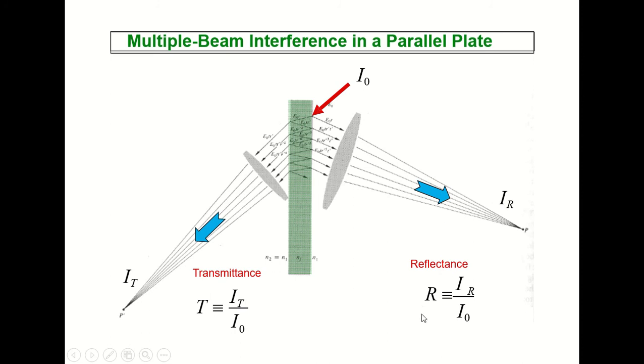We know that reflectance and transmittance are ratios of the intensity of the transmitted wave with respect to the intensity of the incident wave, or the incident amplitude. Here I0 represents the amplitude at this point, which gets refracted through the surface and reflected back, and P dash is the point where we will be collecting. The incident ray comes from this point, is incident on this plane boundary and gets reflected back.